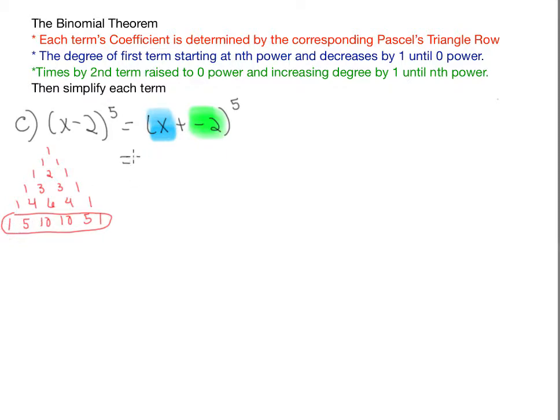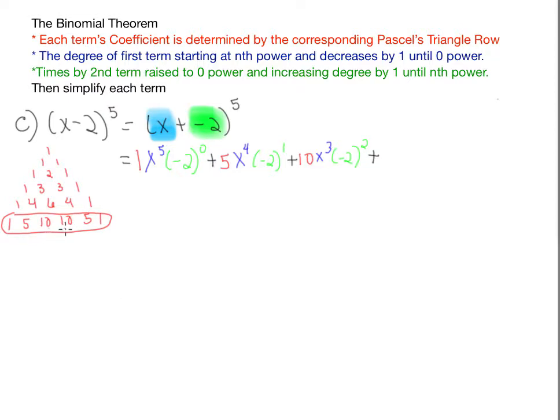So looking at Pascal's row 5, my first coefficient is 1. My x is raised to the 5th degree. My negative 2 is raised to the 0 degree. Plus, moving to our second term, the second number in this row of Pascal's triangle, which is 5, times x to the 4th degree, times negative 2 to the 1st degree, plus our third term in Pascal's triangle of 10, times x to the 3rd degree, times negative 2 to the 2nd degree, plus our